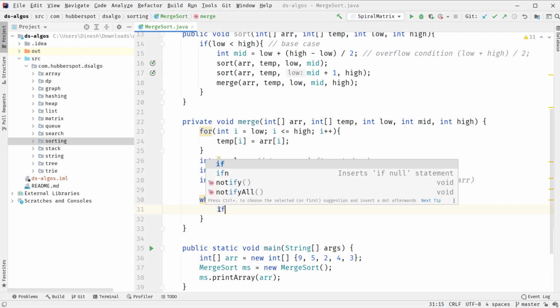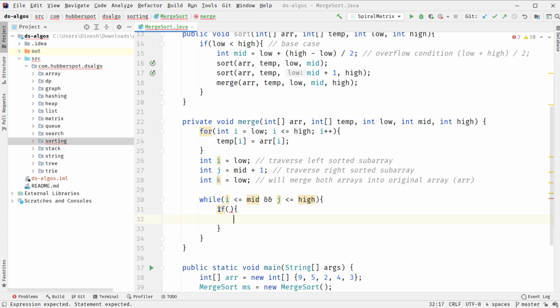So inside this while loop, we'll compare the left array's ith index value with the right array's jth index value. As these two arrays are already sorted, that's why we are doing the comparison with the respective indexes.